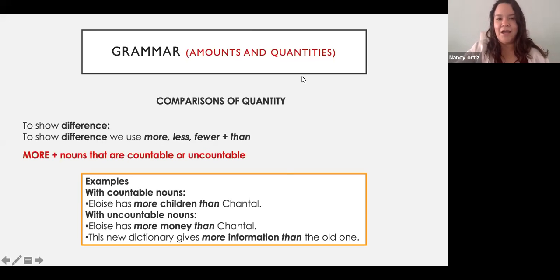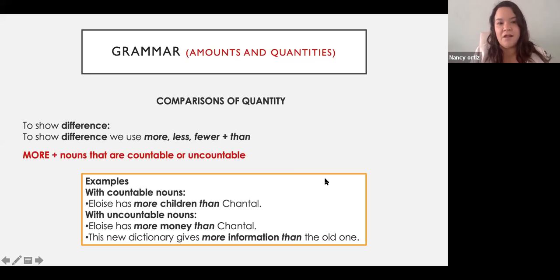Perfect. Okay, so as we said before the break, now we're going to check some small grammar details when it comes to amounts and quantities, okay? Remember somebody had a question with that. I think it was Daniel. So maybe here we're going to clarify that, okay? So we have, for example, comparisons of quantity